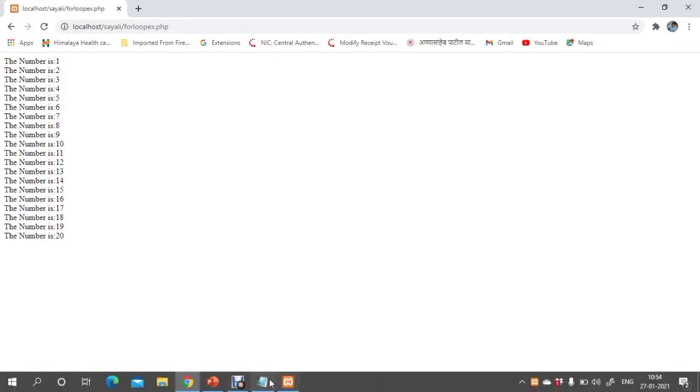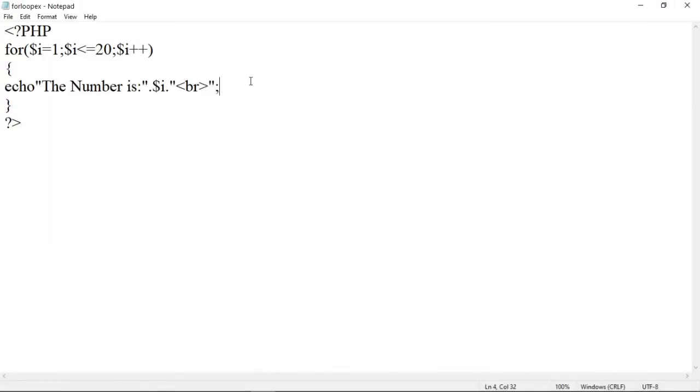Okay, so in this way we can write a program. Let us use a decrement operator to print the values from 50 to 1. Then here what we have to do: $i = 50, $i >= 1, and here we will decrement the value. Okay, so the first value will be 50. Then here, suppose we do not want this statement, then we can add it like this, echo, then